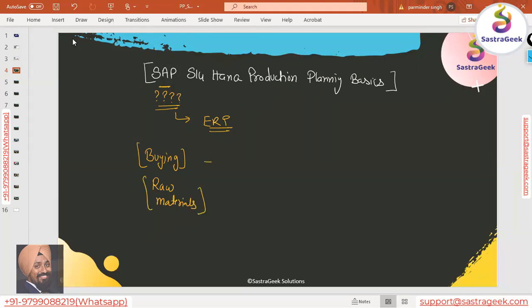Once the raw material has been bought, you would be having your inventory, and you will be managing your inventory. Then you would be using this material to do the production. And then you would be going ahead with the sales or distribution at a high level.